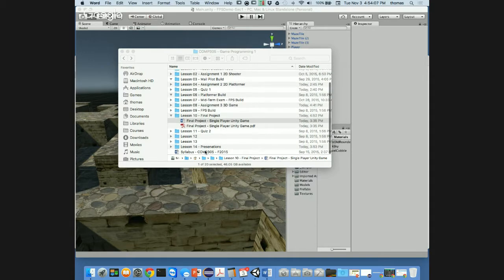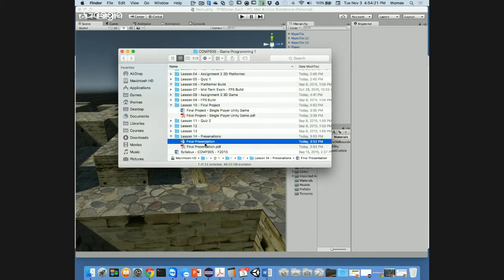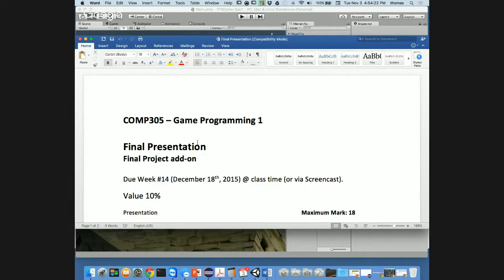Finally, week 14, you're going to have your presentation, right? So after everything is done, you're pretty much done. You should be pretty much finished by week 14 anyway. It's just finishing touches by then. I'm going to go back to week 12 and 13 in a second. Let's take a look at your final presentation and the requirements.